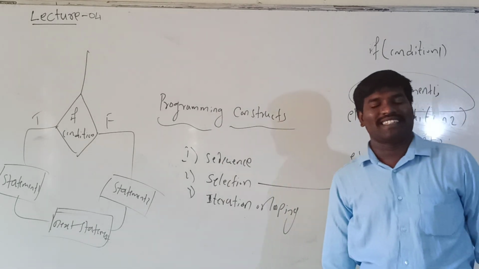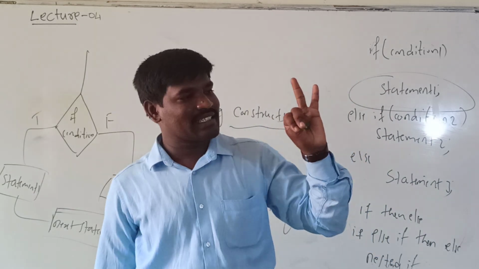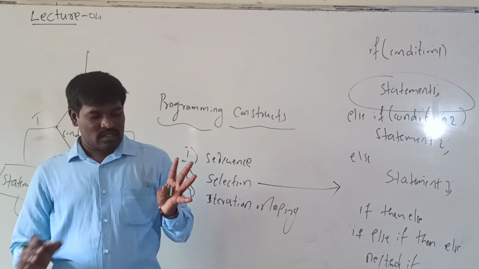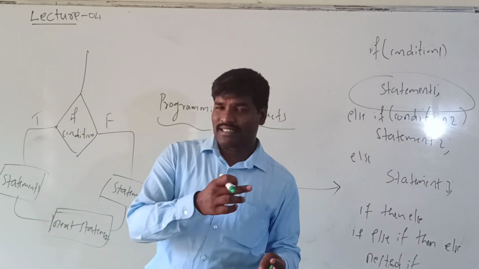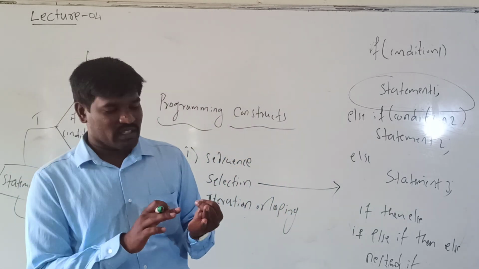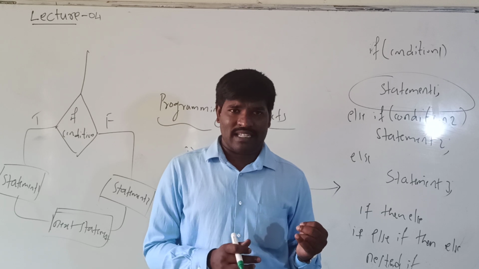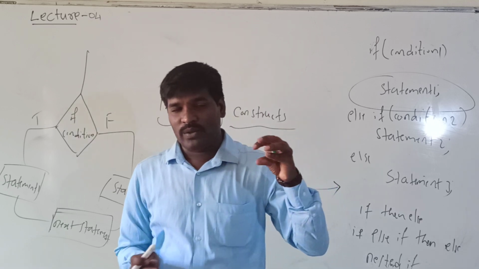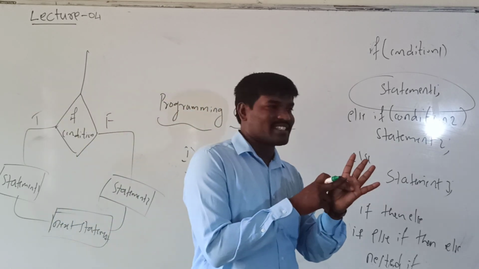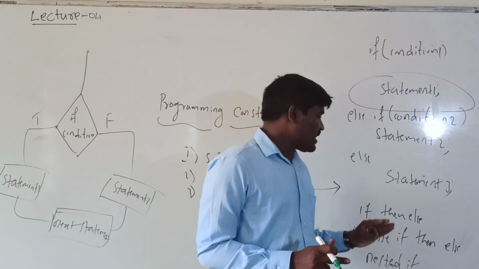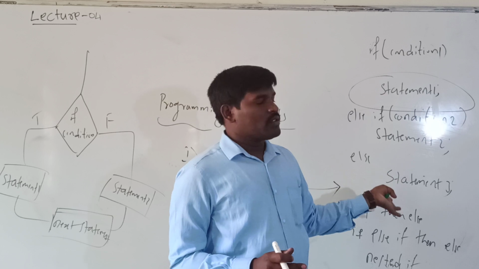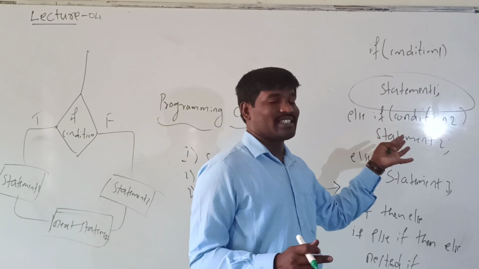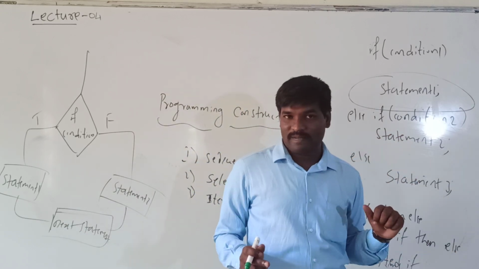For example, a student has scored distinction, first class, second class, pass or fail. That means we can check 5 conditions here. Above 80 or 85 is distinction, greater than 60 first class, greater than 50 second class, greater than 40 third class, greater than 35 pass, otherwise fail. The first condition must be put inside the if and the last, fail. If none of the above conditions is true, by default the student has failed. That is the else block.